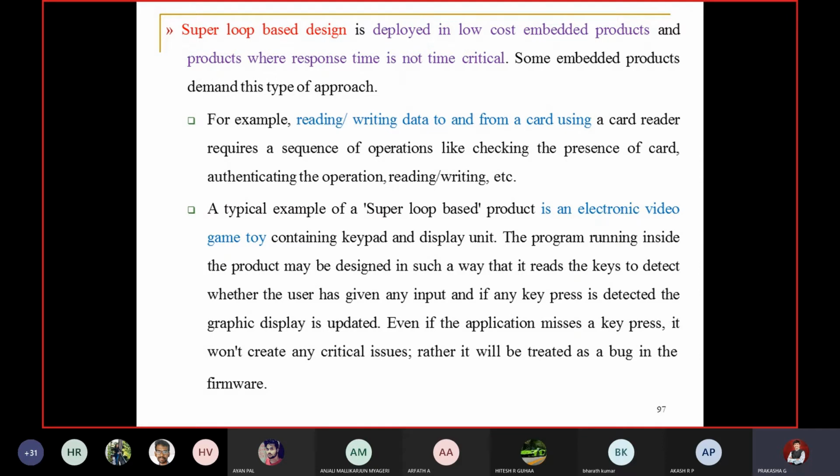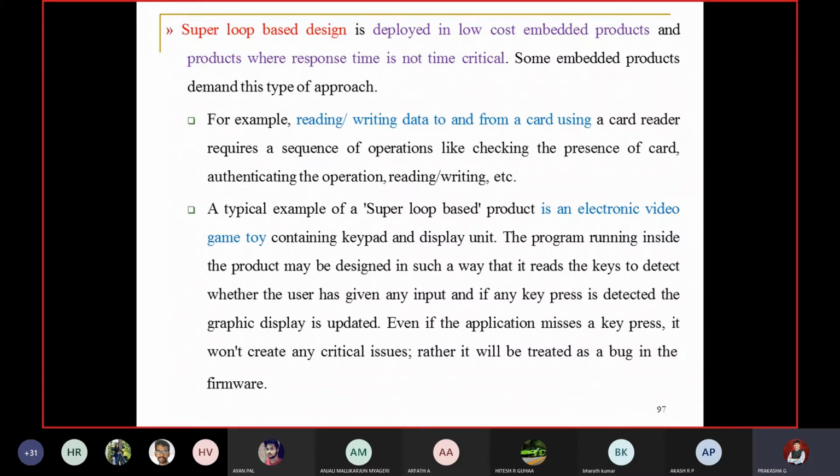Everywhere we have card readers. Petrol pumps have card readers. Malls have card readers. When you go to a cafeteria, there is a card reader. Even a small shop will have a card reader. You just give the card, and the process is the same. There is no need for an operating system. Just a code will be there, and the code will keep on executing one step after the other.